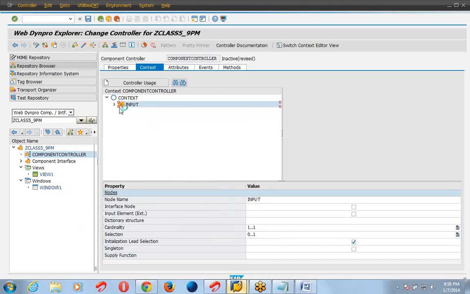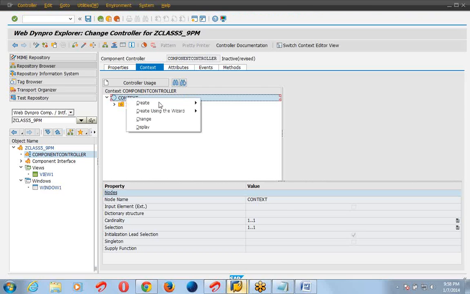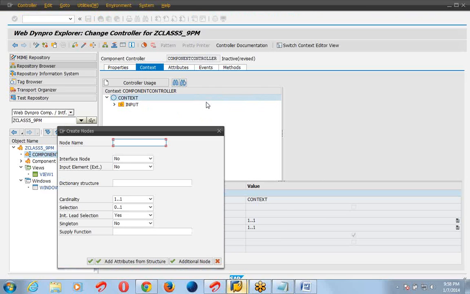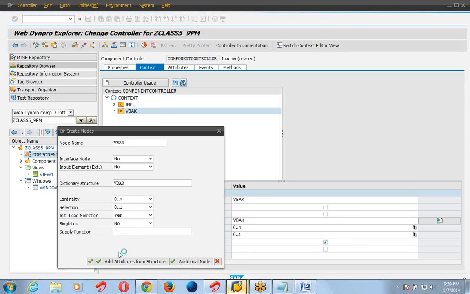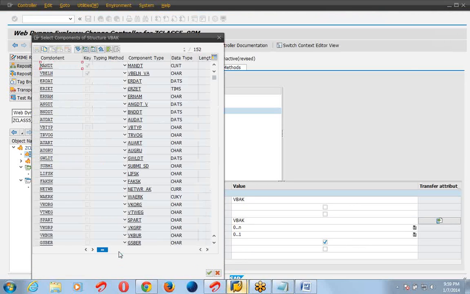Now we have to create another node. Give the name VBAK, cardinality 0 to N. And now here we have to select the structure.